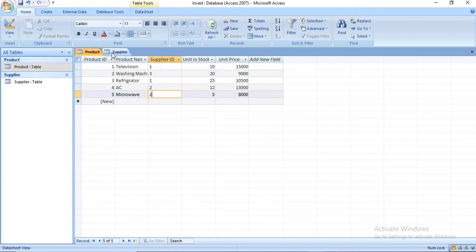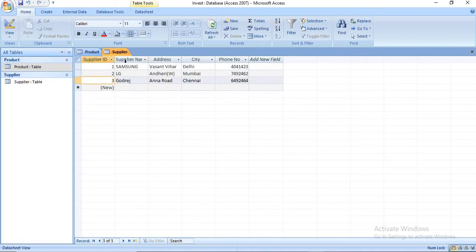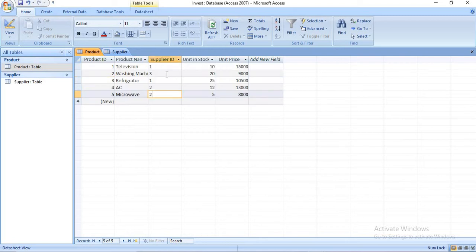The supplier ID primary key is added in the product table as a foreign key. So the supplier ID data is the same here also in the product table. Okay, so these two tables you have to add in Microsoft Access.